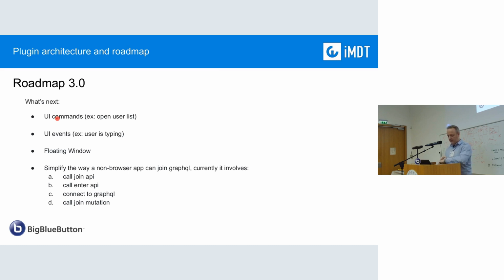My time is over, 2 minutes. UI events. So the plugin can get notified when, let's say, the current user of the browser is typing. So the plugin can subscribe to receive the event and do something with this information. So the UI events is,